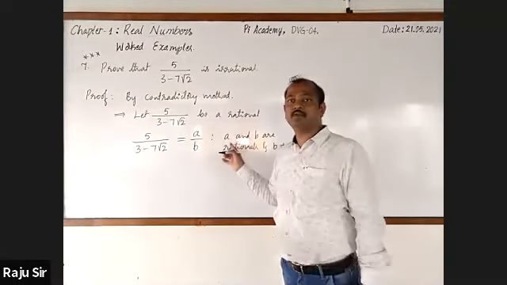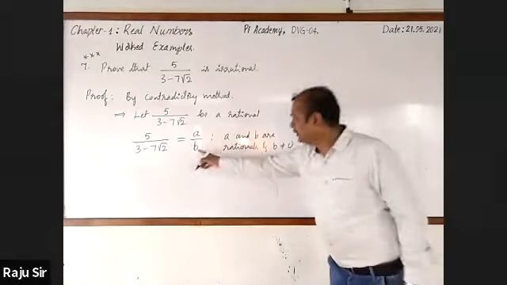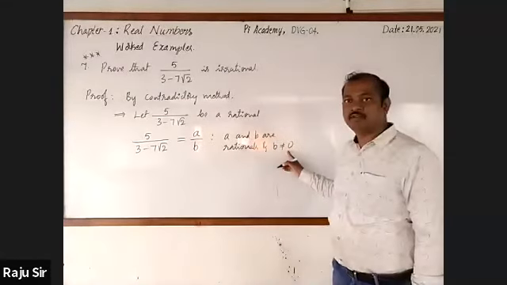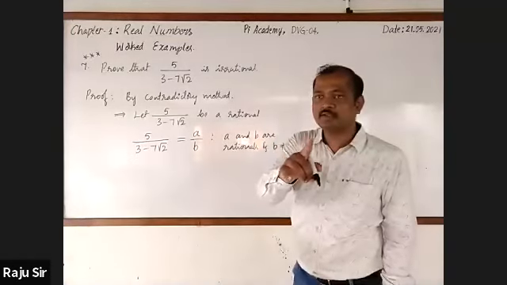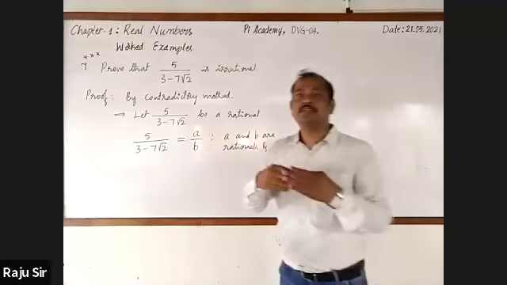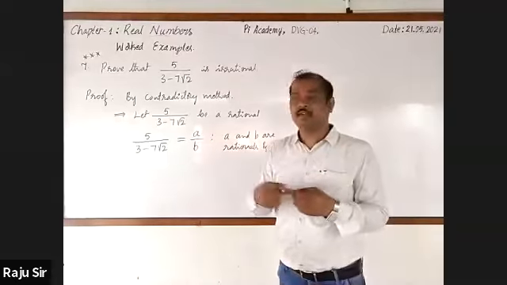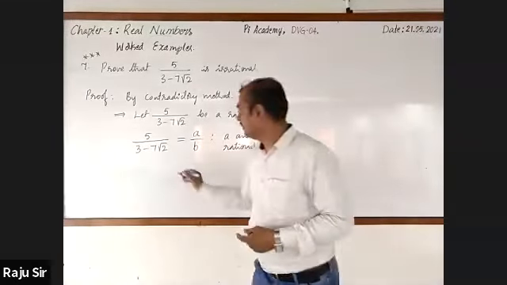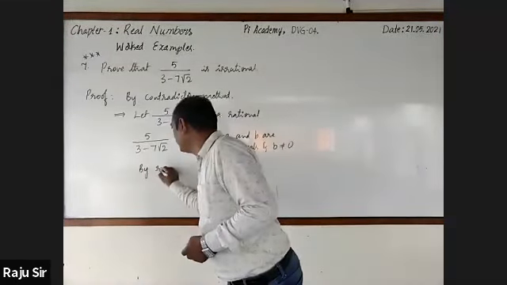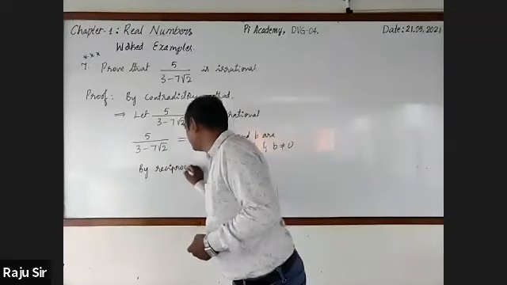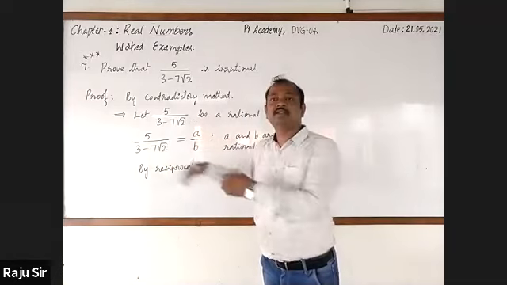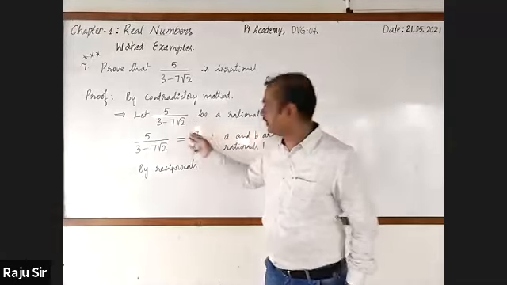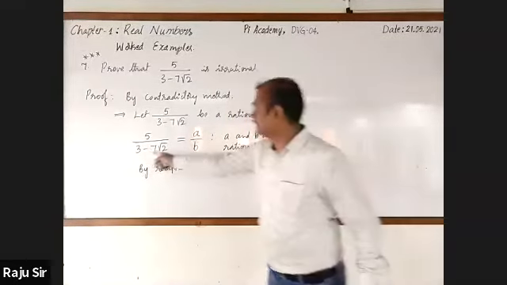Don't write Q is not equal to 0. It should be B is not equal to 0 because we have taken A by B. I think Muhammad Sohail told that we shall go for taking the reciprocal. I follow the same. By reciprocals, because root 2 is in the denominator, let's go for taking the reciprocal of both LHS and RHS.